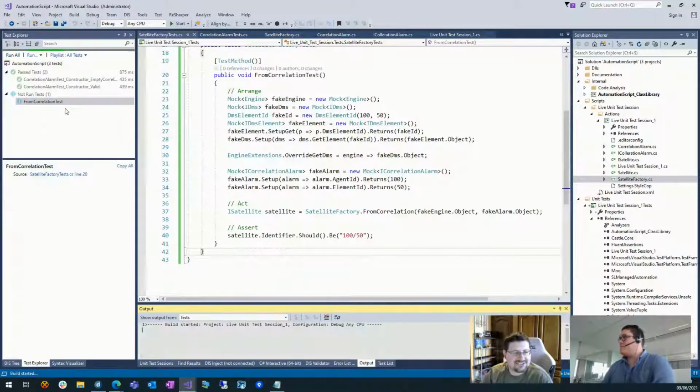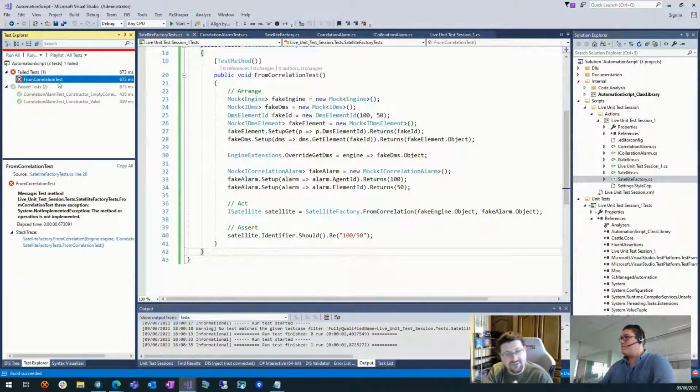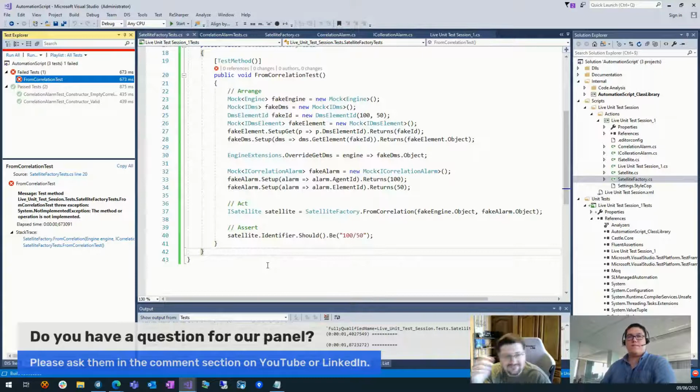All right, let's run this. There's one more thing to note with the little trick with the override get DMS thing. It works, but doesn't work if you try and run all your tests in parallel. Because it is a little bit of a hack, there will be downsides. One of them is that if you do it in parallel, you're going to be overriding the engine with another fake that you might have created for another test. So make sure that those tests run in sequence if you use this trick. If you can avoid using this trick, that's even better.